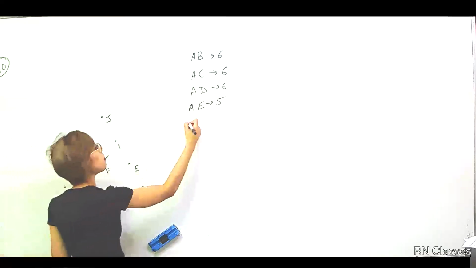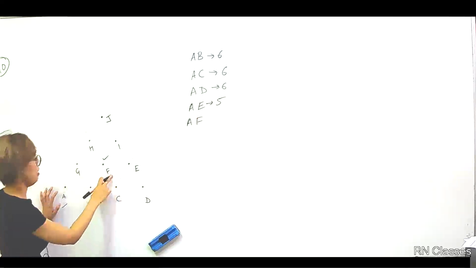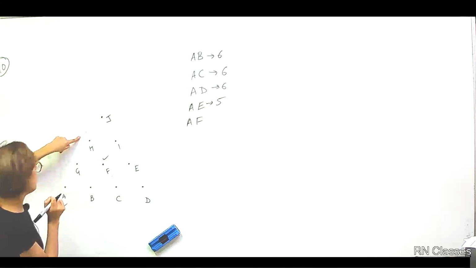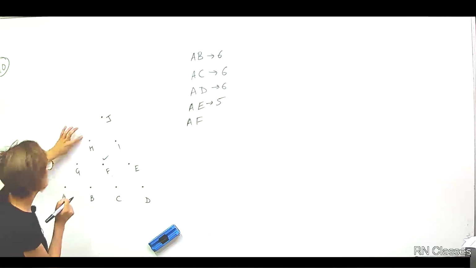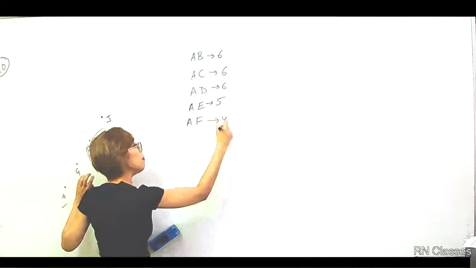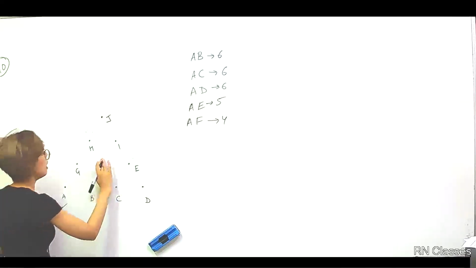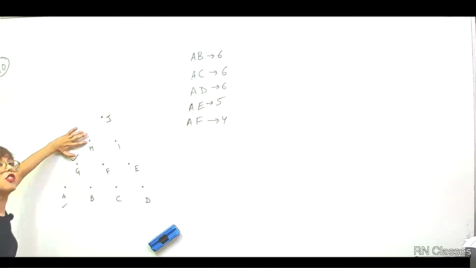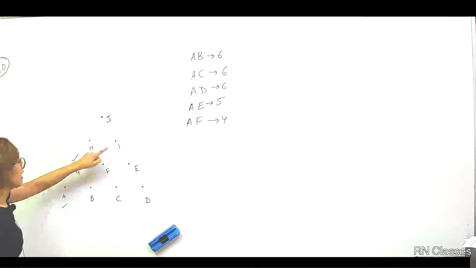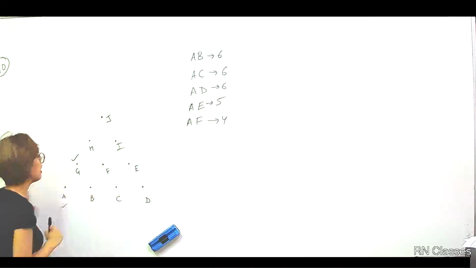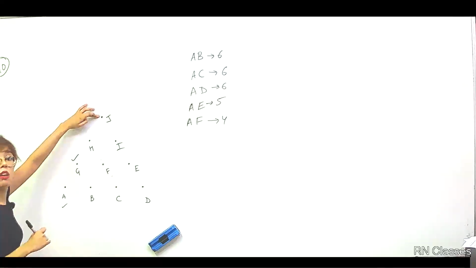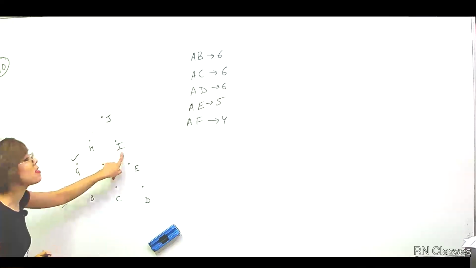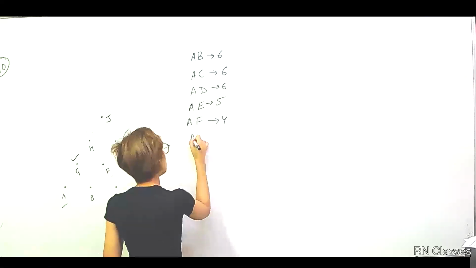Let's go to AF. Let's see. AF. Now we have to be careful. So with AF, G I can take, H I can take, I, yes, J, yes. So 1, 2, 3, 4. Done? So AF is done. Let's go to AG. Now AG, definitely I can't take H, collinear point. I can take I, yes. Right? Can I take J? A, G, J, they are collinear. So I can have just one circle. So AG, just one.